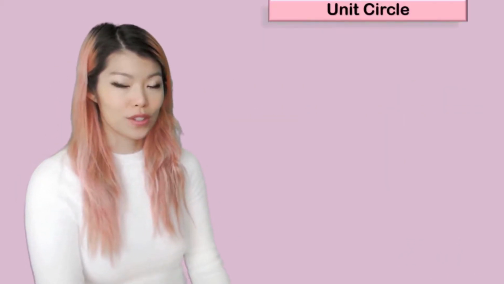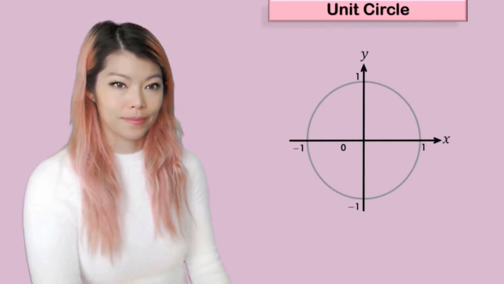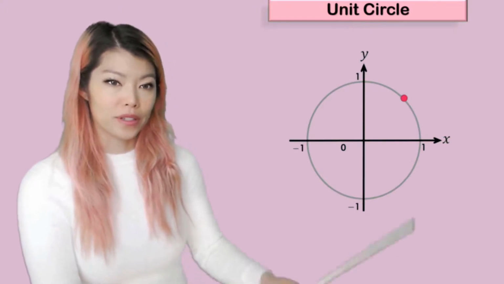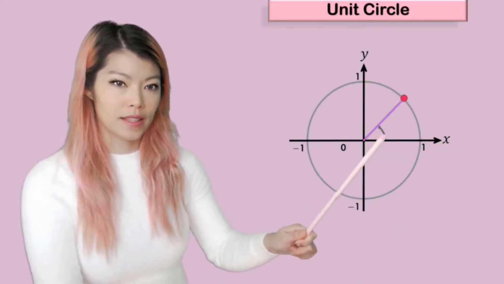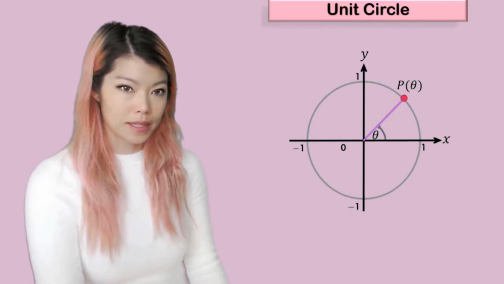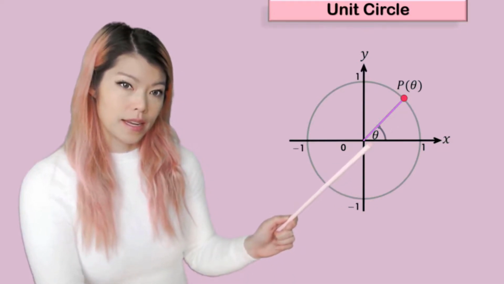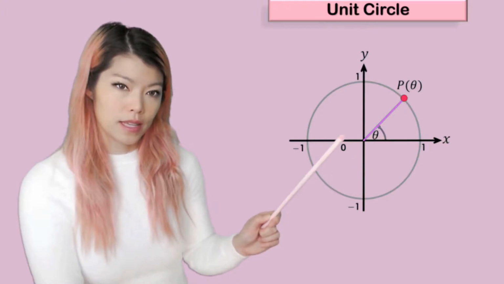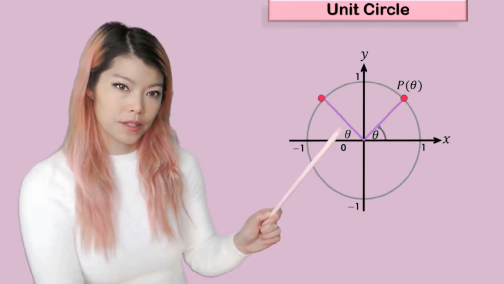Let's look at a unit circle. It's going to be a little bit tricky, so stay with me. Let's pick a point on a unit circle, and if that's the angle, then that point is going to be the point (cos theta, sin theta). Now, if I picked a point with the same angle coming from the left side, then